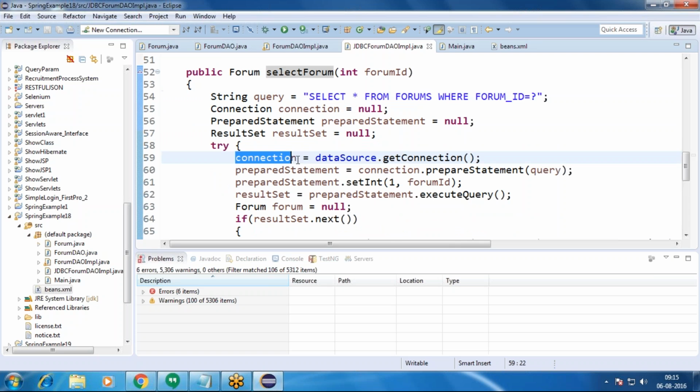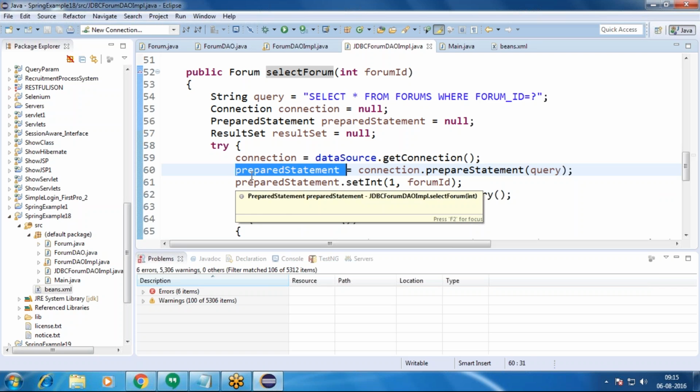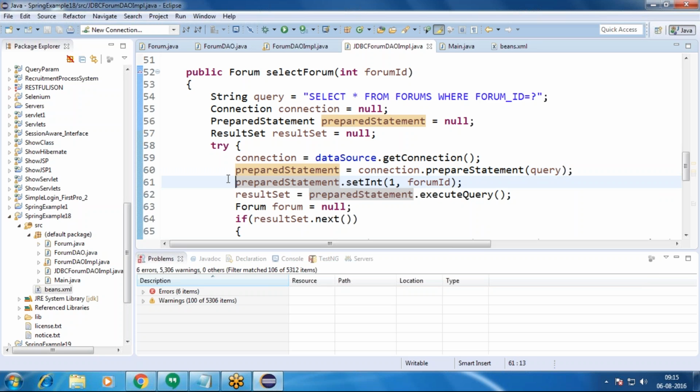Here also we created a connection object and a PreparedStatement object. What about the PreparedStatement object? We discussed that in the JDBC concept. Can you tell me about that?